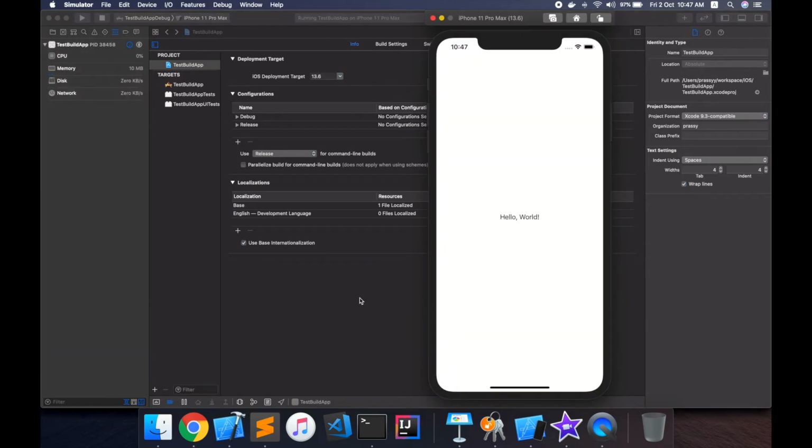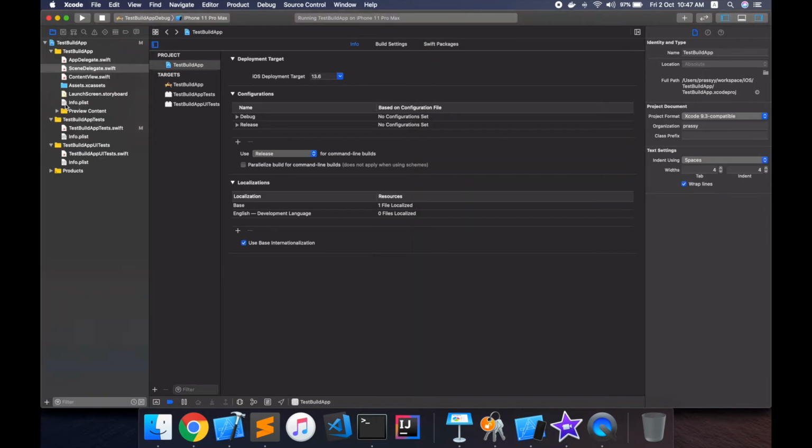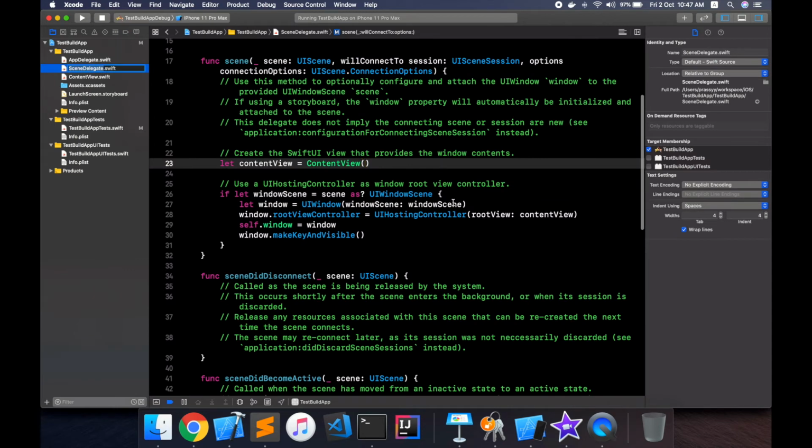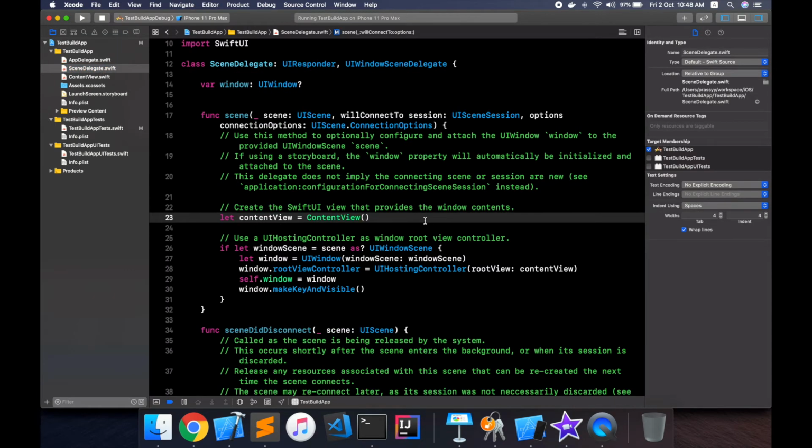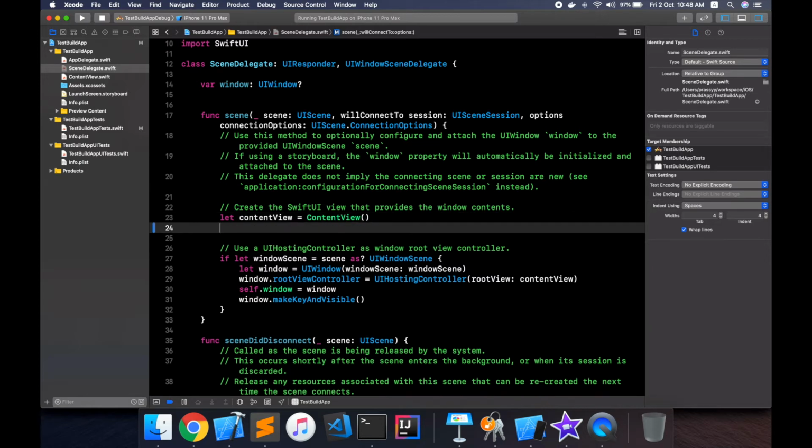Now what if something went wrong with this app? This is the portion of code which gets executed at the time of application startup. What if there was a crash at the time of app startup?